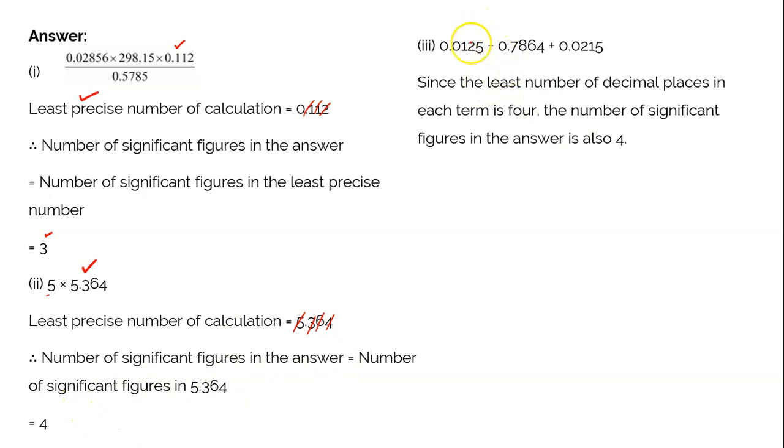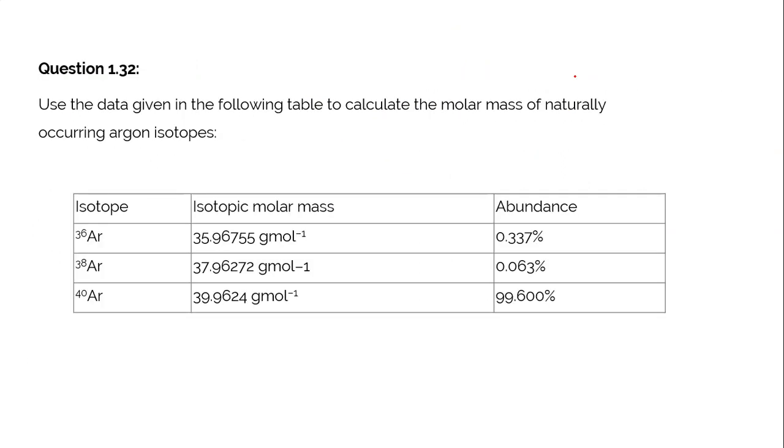Now, the third part of the question. In the given expression, identify the least precise value. The value which is least precise is to be found by observing how many decimal places are there in each of these numbers. Say for example in this, after the point I have 4 figures, and here also after the point I have 4 figures, and here also after the point I have 4 figures. So let me choose any of them. The number of significant figures is going to be 4 only, right? And that's why in the answer also, after simplifying this expression, the answer that we acquire also will contain 4 significant figures. So this is the number of significant figures possibly present in the answers of the given calculations. I hope you could understand that.